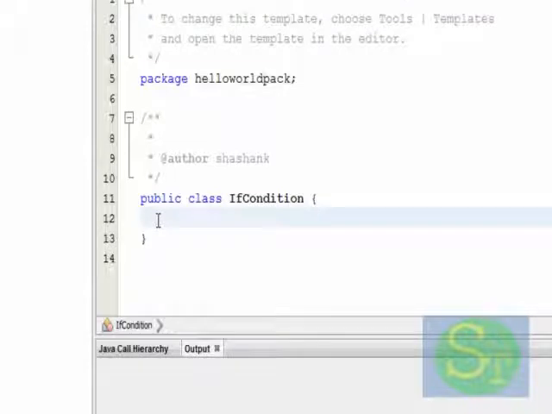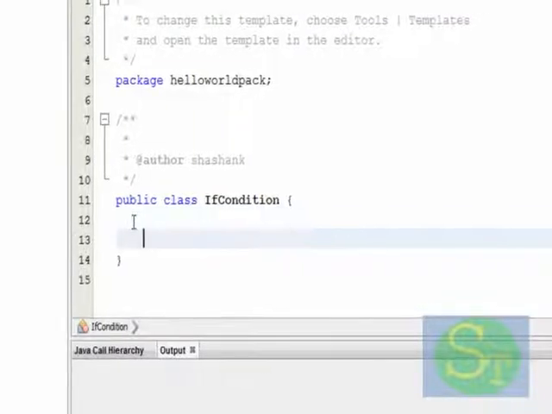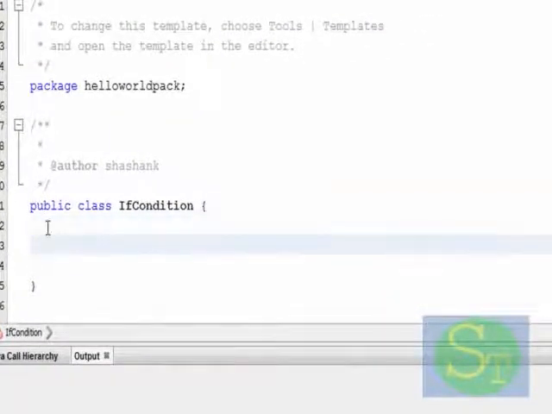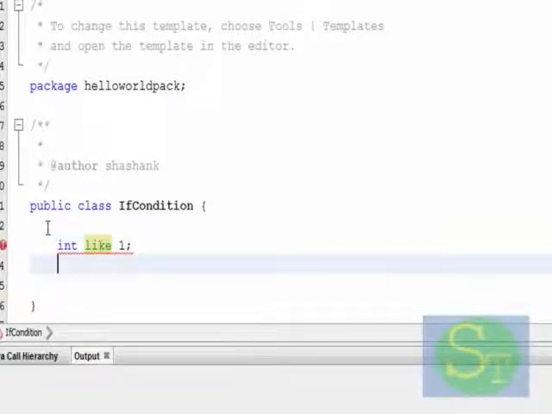So here let us declare some variables. Let us declare, say, int like equal to 1, int height, sorry, it's equal to 0.